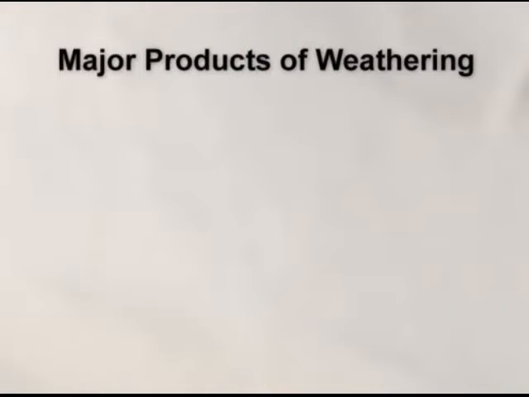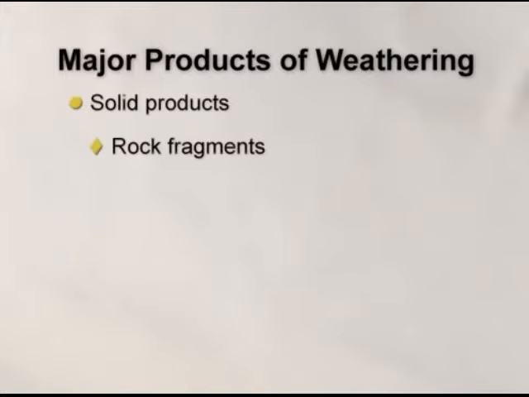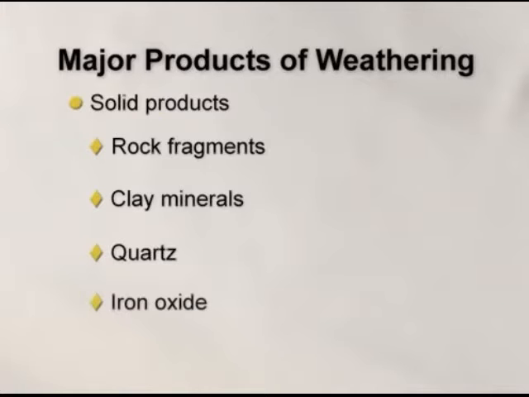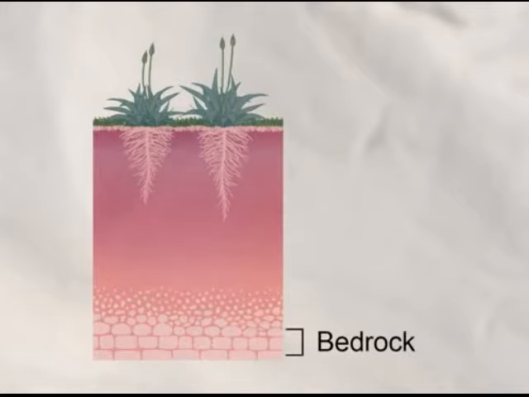And to start our discussion, let's go back to those products of weathering, the solid products of weathering. We're talking about that mixture of rock fragments, largely clay minerals now. Remember, that was the big batch of the solid particles. Quartz, and a little bit of iron oxide for color. Now, all that stuff mixed together as it accumulates above bedrock, which is the unweathered rock below, we call that